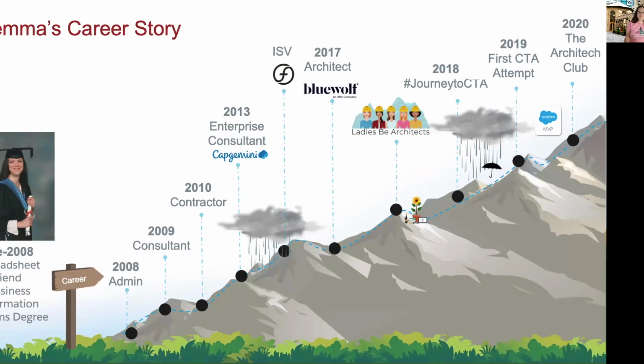And after I decided to leave my local area and go down south, I was fortunate enough to be given a job to look after Salesforce as an administrator. And it really went kind of uphill or downhill from there, really. I really enjoyed being an admin. It was great having the opportunity to learn about Salesforce. And I really loved the fact that it wasn't installed on people's machines. I was quite inspired by that, and I really bought into the values of Salesforce and the ethos of Salesforce